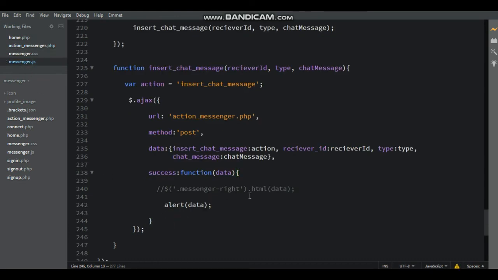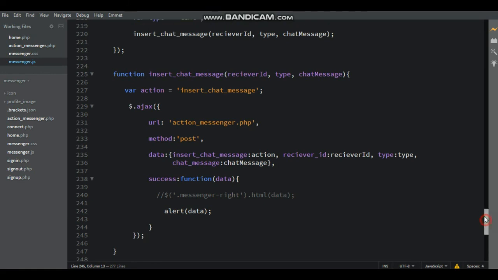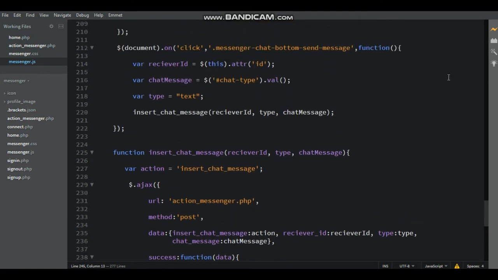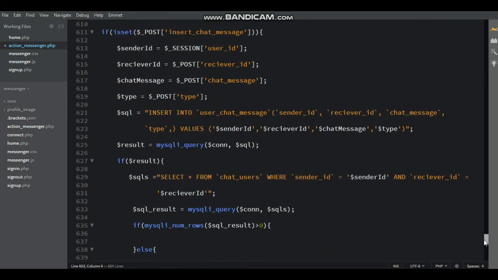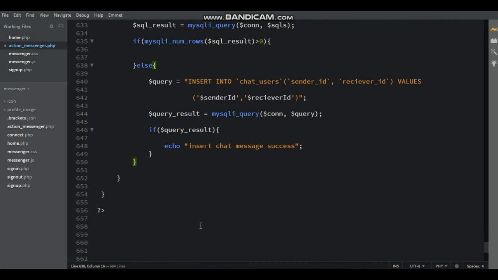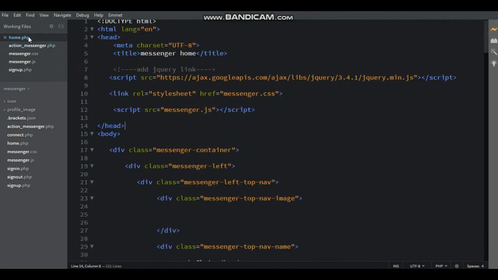Here the messenger.js file has no error, and check the action_messenger.php file. Here just remove the comma and then everything is correct, and then save the file again, home.php. Now go to the browser